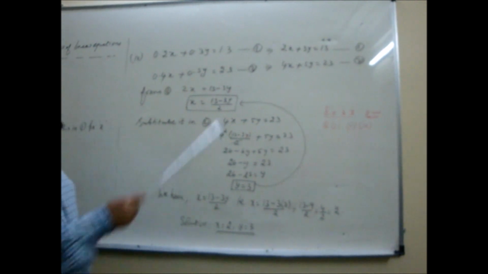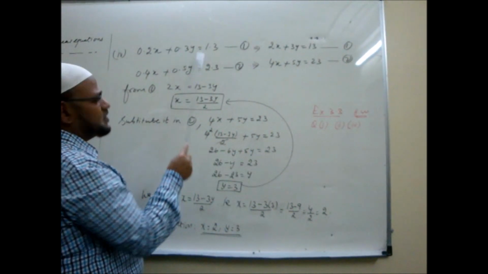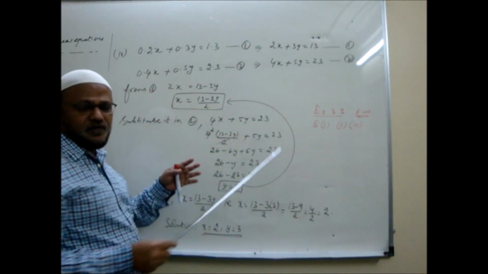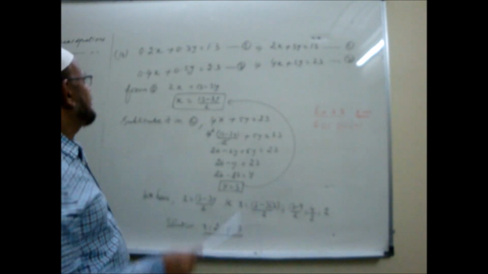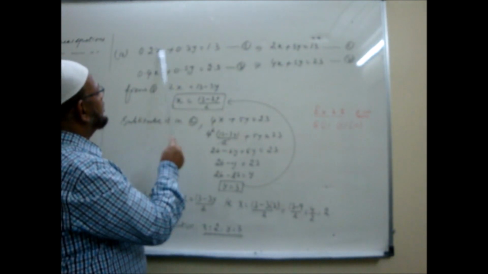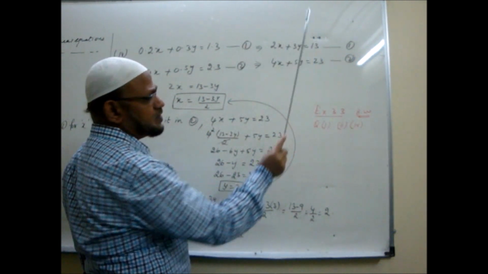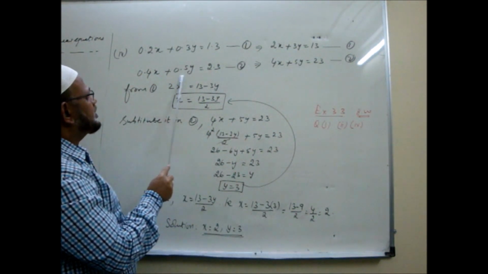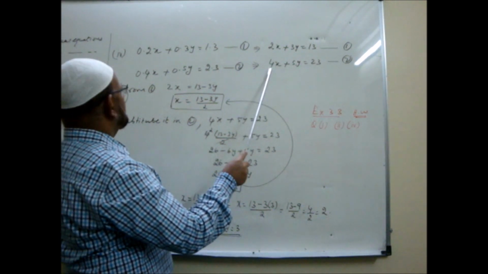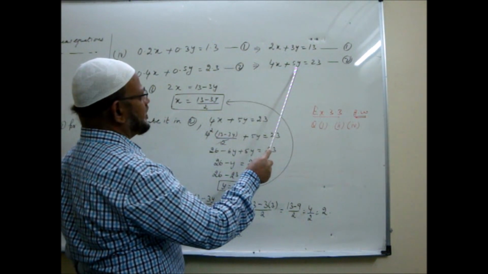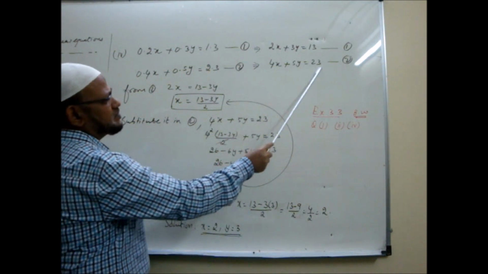Okay. So this first equation throughout you multiply by 10. Some simplification we do before we go for expressing one variable in terms of the other. So what you do, everywhere I multiply by 10 here. So it becomes 2x plus 3y is equal to 13. Like that here also multiply by 10. So the decimals will be removed for an easier way. So it is becoming 4x plus 5y is equal to 23. If I multiply every term by 10, I get this.